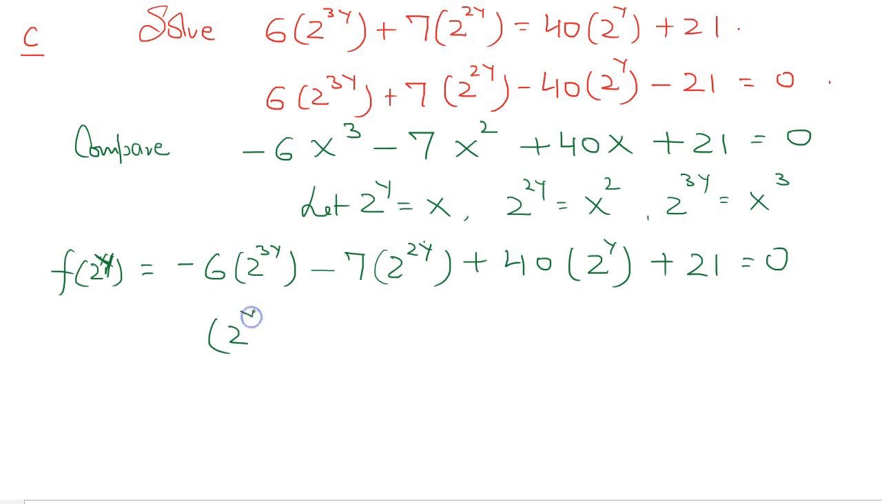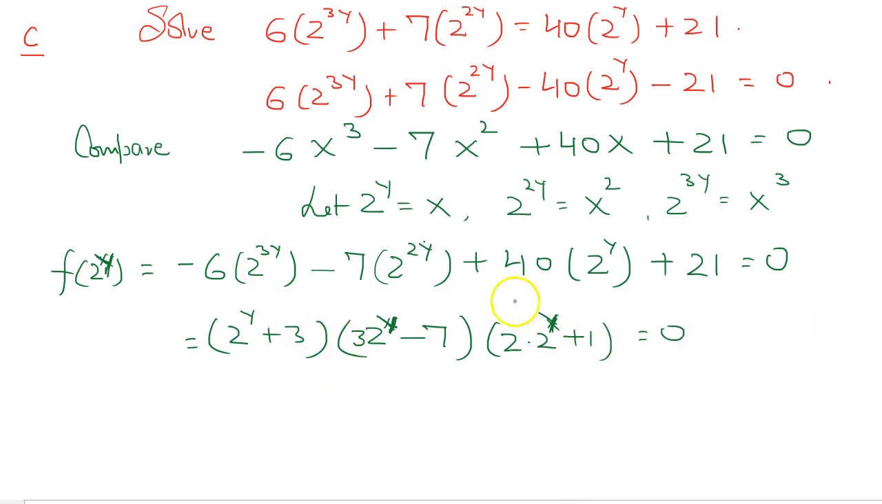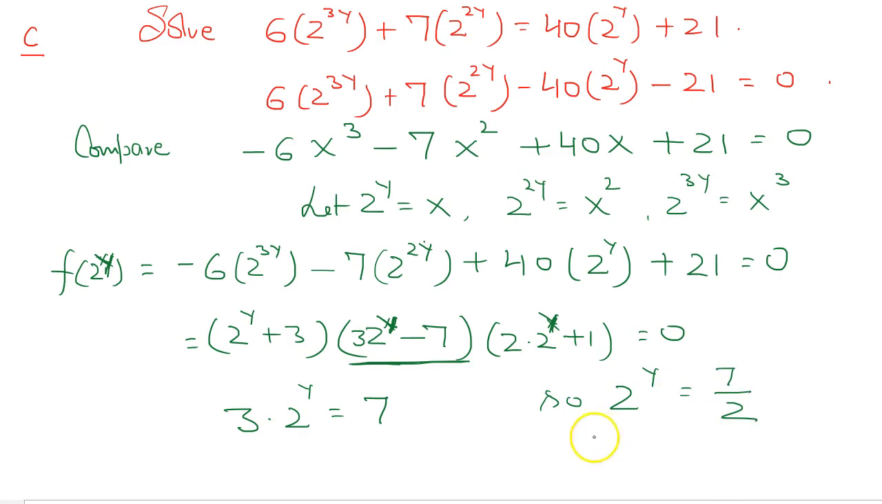So our factors for this were x plus 3, so it is 2 to the power y plus 3, then 2 to the power y plus 1, and 3 times 2 to the power y minus 7, is equal to 0. Now 2 to the power y is always positive, so the only valid solution is this one. So we can say that 3 times 2 to the power y is equal to 7, so 2 to the power y is equal to 7 over 3. So y log 2 is equal to log